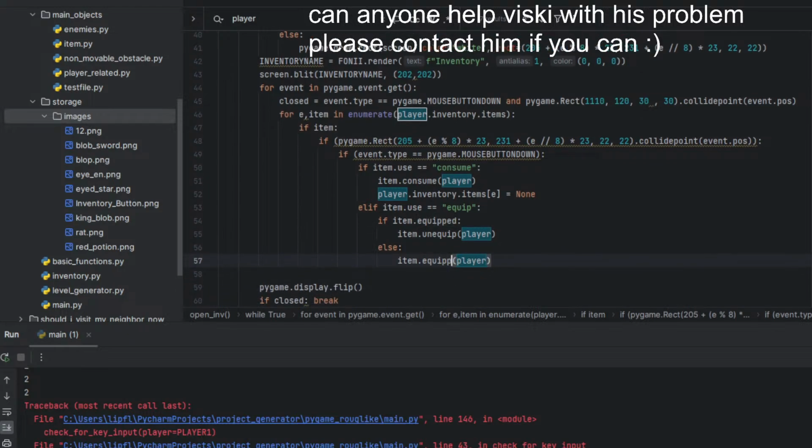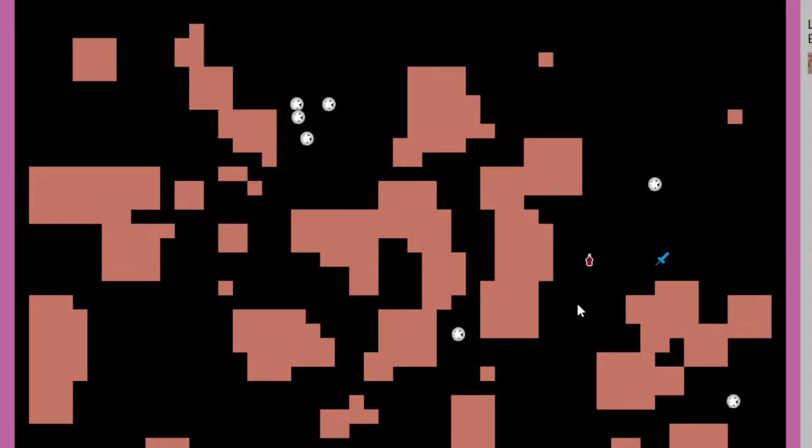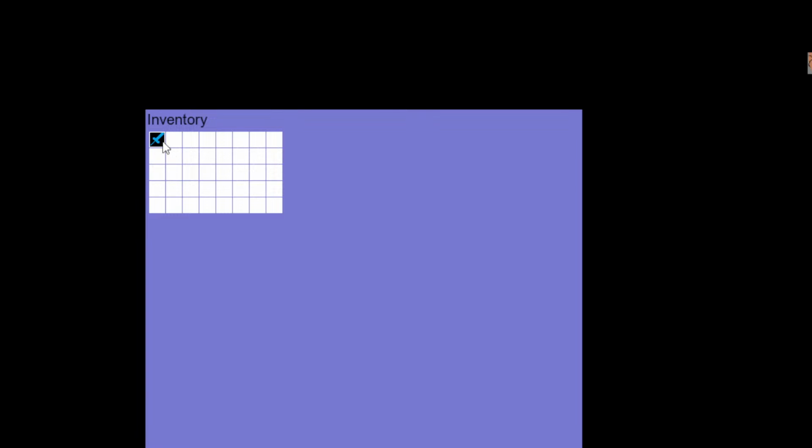Not equip. No, again. Man, these are many blobs. Still no match for me. Now does it work? Yes, it works. Perfect. Now we can equip and unequip it.